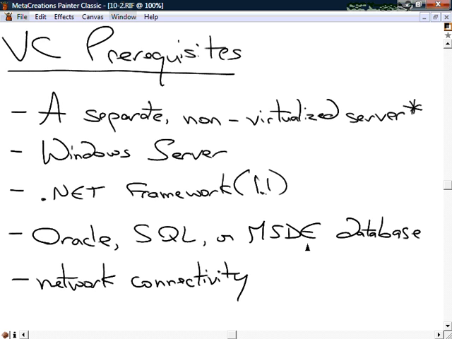Losing this Virtual Center instance is not going to kill your ESX servers. You're not going to lose all of your ESX servers if you lose your Virtual Center server. But the centralized management of them is going to go away. So you want to make sure that database is high availability if you've got a lot of high availability needs for your environment. And then lastly, and this sort of goes without saying, you need to have that network